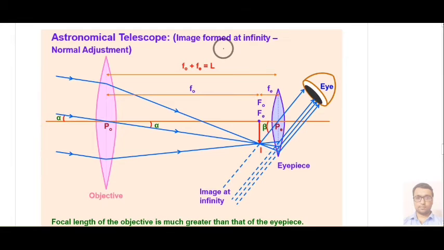Next we have the astronomical telescope. Here in this telescope basically we have one objective lens that is bigger in size, then we have one eye lens that is kept near to the eye, and rays from infinity are coming that form a tiny image at the focus. That image will act as an object for the second lens, and that second lens will form its image at infinity, so we can easily see the given object.